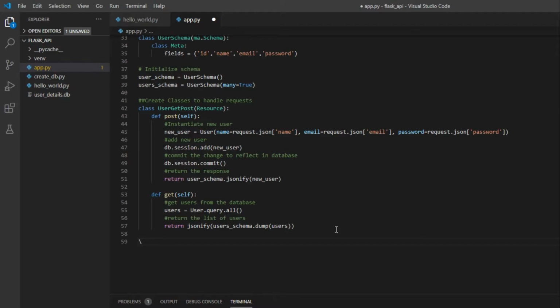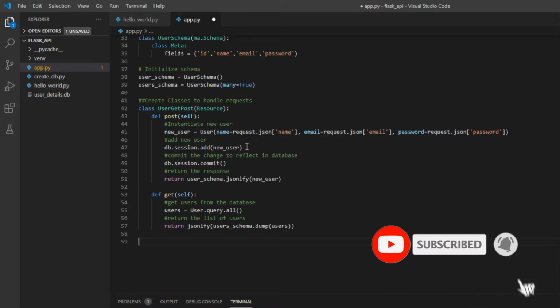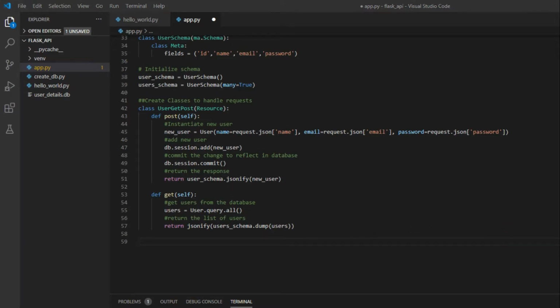We have created a simple class of get and post, which will work for both methods. Now the work is to bind this class with a route. For that we are going to use api.add_resource, which adds a new resource and takes 2 main parameters: first the class name, second the route.